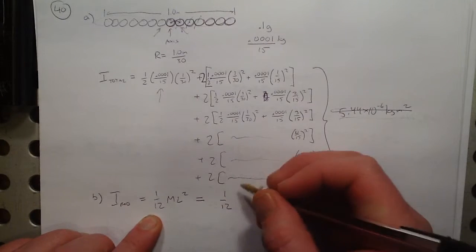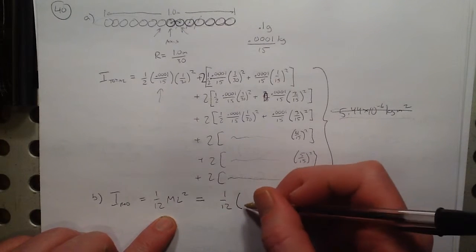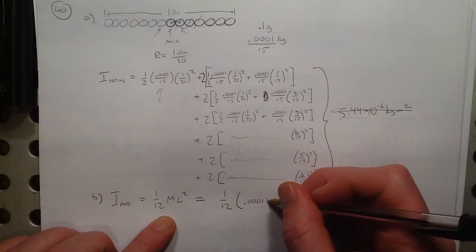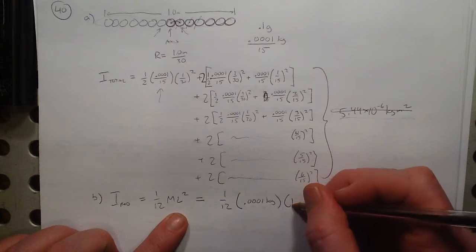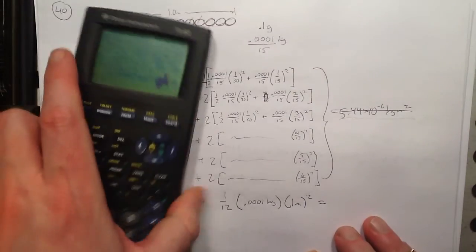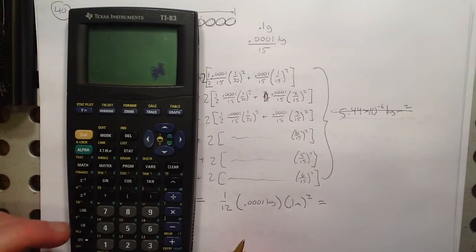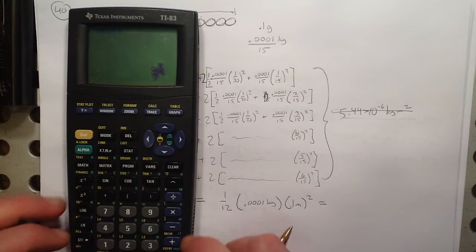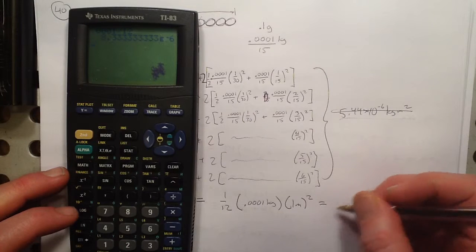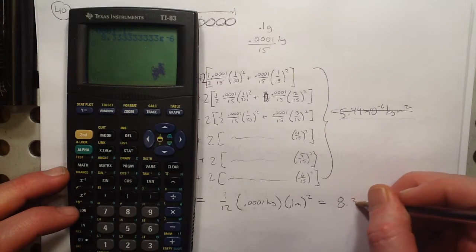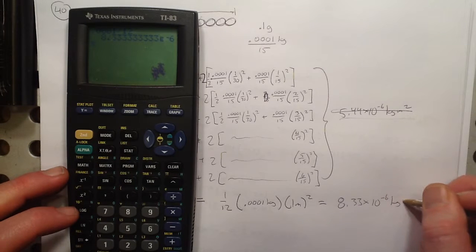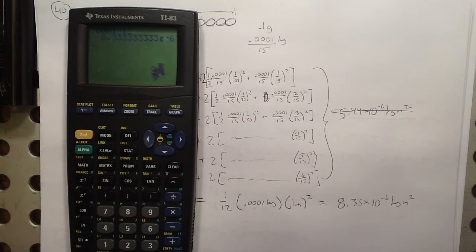That's 1/12 times the mass of the rod, 0.0001 kilograms, times the length of the rod, which is just 1 meter squared. So that's 0.0001 over 12, and that's